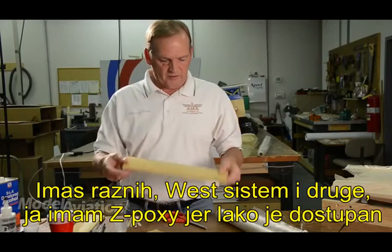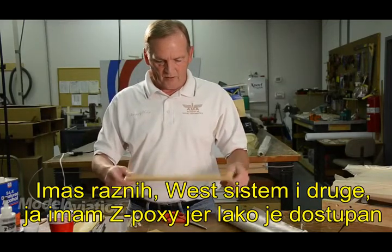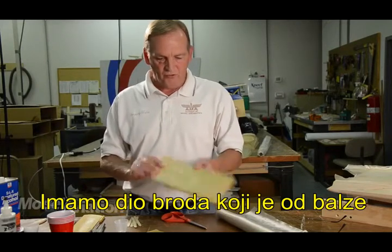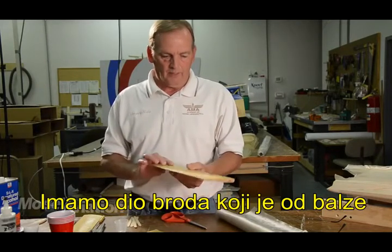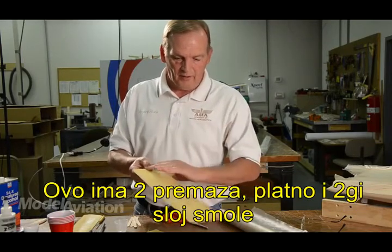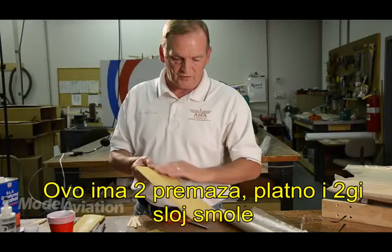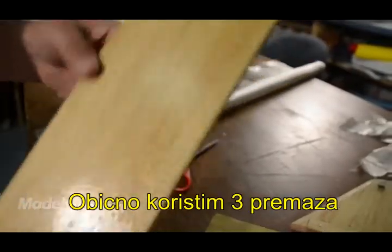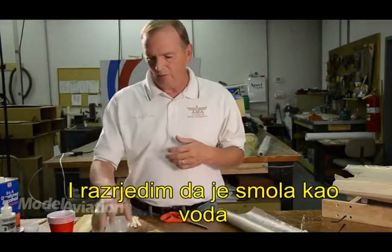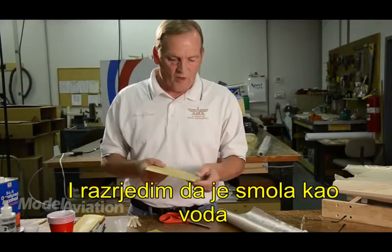What we have here is some of the wing parts of the boat, which are made out of balsa, and this part here already has 2 coats on it, so you can get an idea of what that looks like. That has the cloth and then a second coat of resin, which starts to fill the weave. Normally I use 3 coats, and I mix it to where the resin is the consistency of water, so that